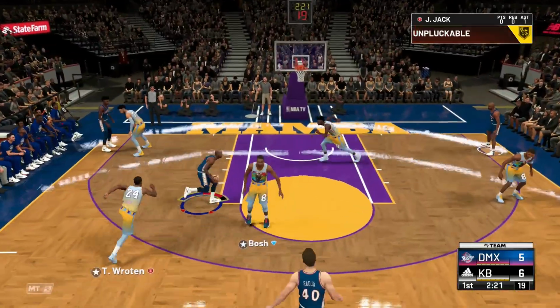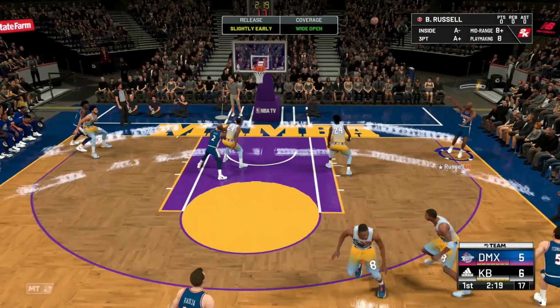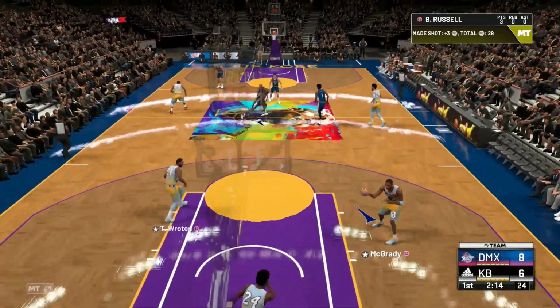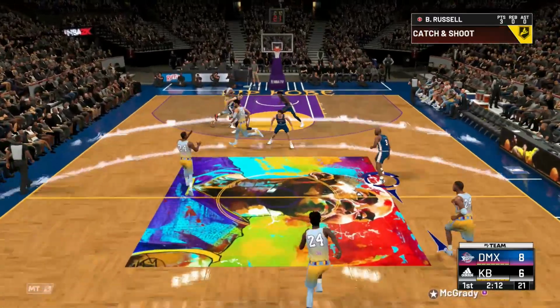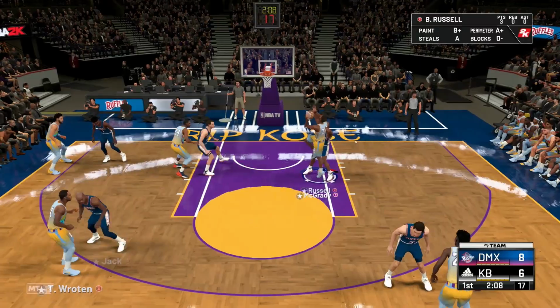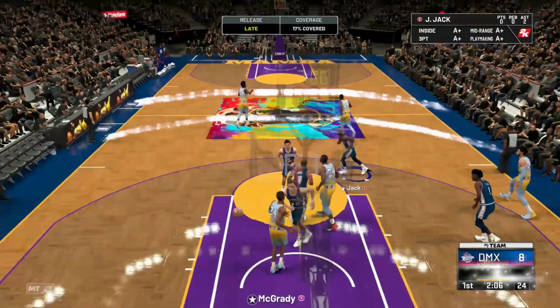All right, so we got Jarrett Jack again. We're going to move in and find, yep, Brian Russell wide open, cash. All day, like all day. I don't spam rim running as much as I could, especially with this squad. It'd be pretty easy to do so, but I just like to shoot threes. Tracy McGrady. So,